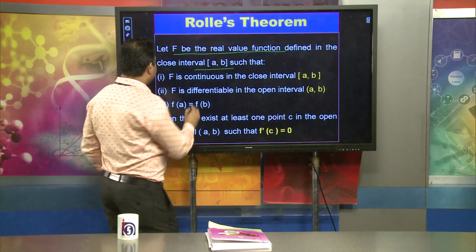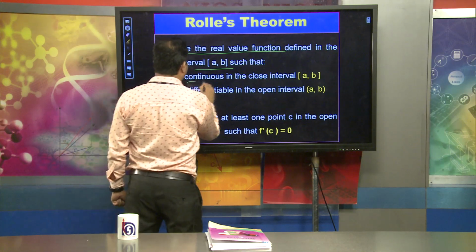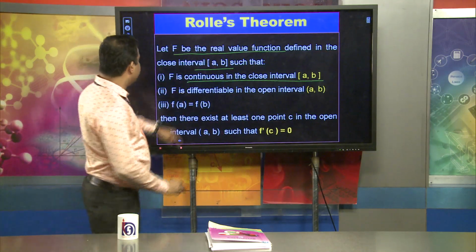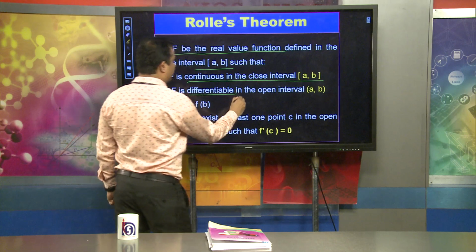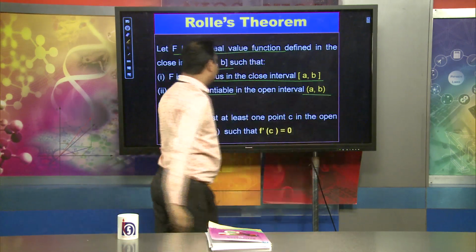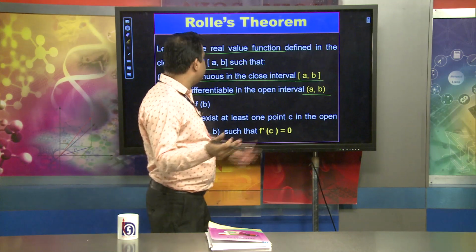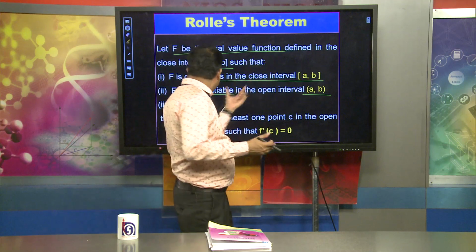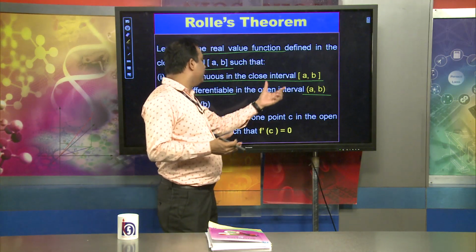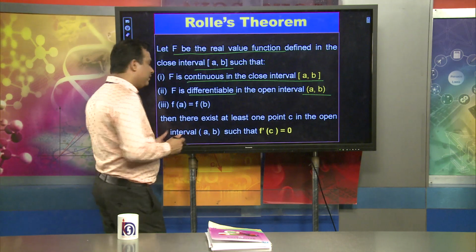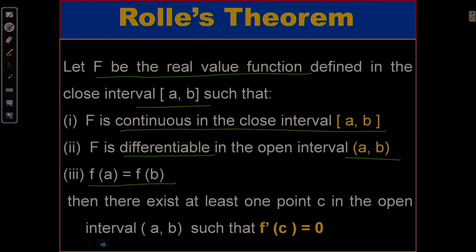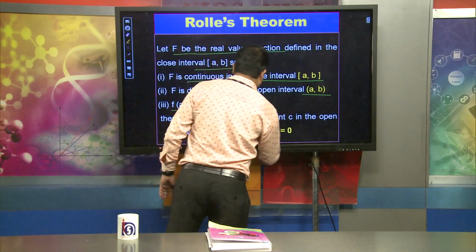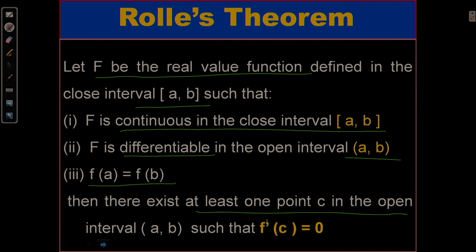The first condition is that f is continuous in the closed interval [a, b]. The second condition is that f is differentiable in the open interval (a, b). That means the function is continuous in the closed interval and differentiable in the open interval (a, b). And the third, most important condition is f(a) equals f(b). Then there exists at least one point c such that f'(c)